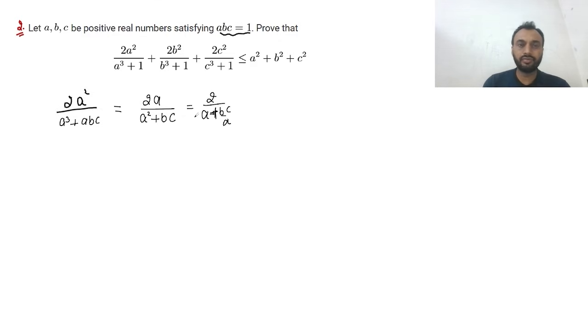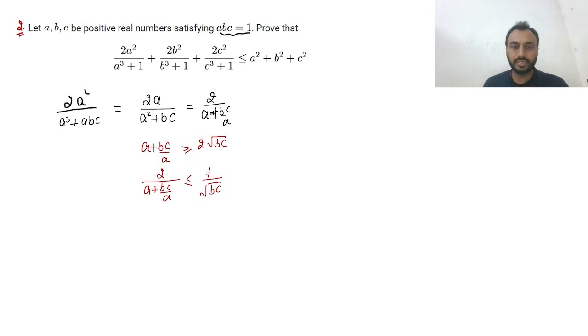If we divide by a, we will get a plus bc by a. If we see, a plus bc by a is greater than or equal to 2 root bc, right? Because a will cancel out, and from that I can say 2 by a plus bc by a is less than or equal to 1 by root bc,